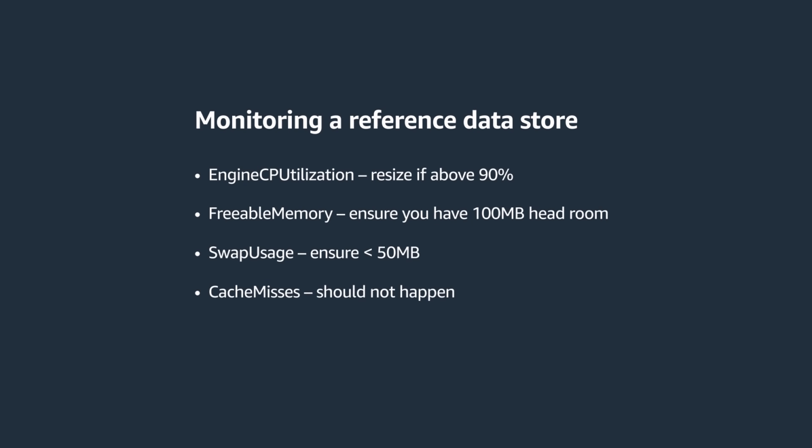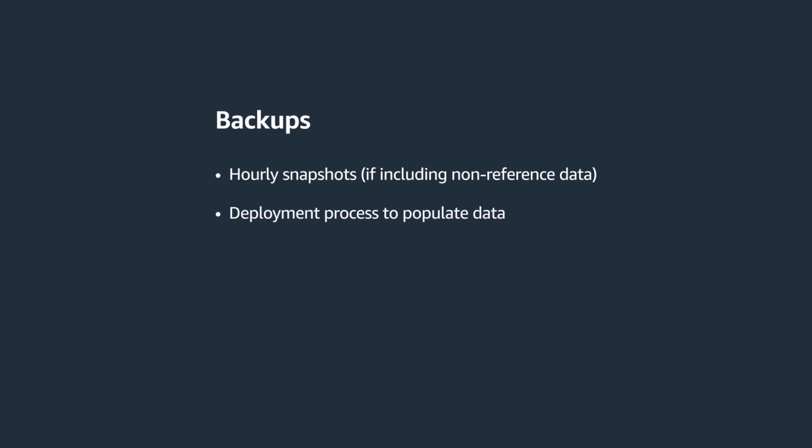Look out for cache misses. That means your application is looking for reference data that doesn't exist. And make sure that cache evictions are always zero. You don't want things being removed from your cache. Depending on your process for loading reference data, you'll either want hourly backups or a deployment process that populates the data. Amazon Elasticache for Redis allows you to segregate reference data from transactional data and achieve both performance and